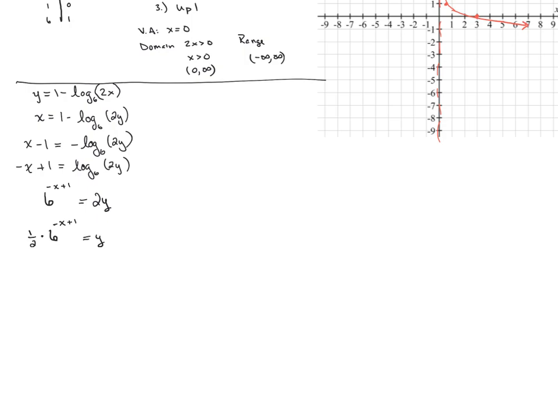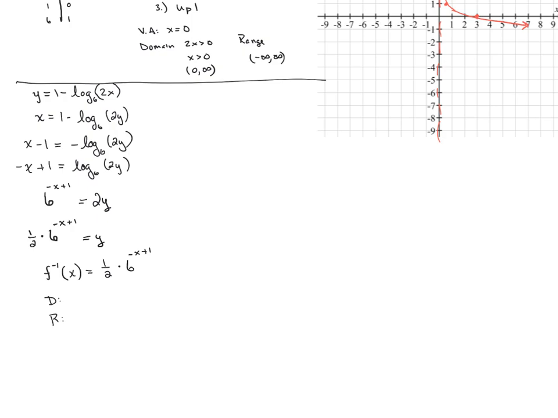Now we cannot take 1/2 times 6 because the exponent has to take place first. So this is our inverse. F inverse of x equals 1/2 times 6 raised to the -x plus 1,